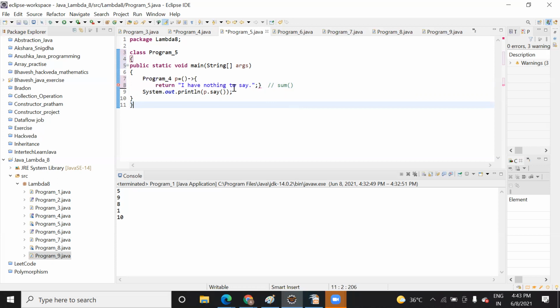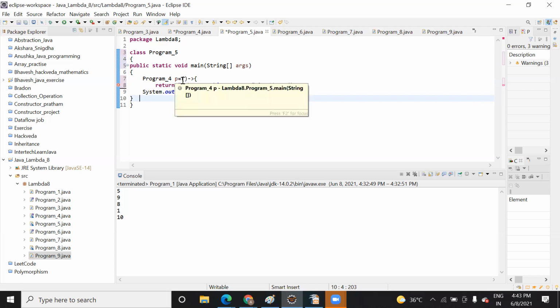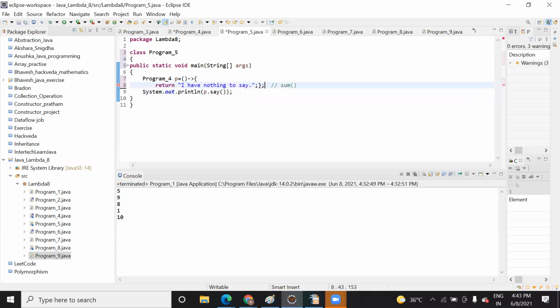It means in order to complete this lambda expression, the expression body is this only, but in order to write it you need to write the complete thing. This p variable, this anonymous function, you assign to some variable like p or an argument, and that will be called. So here you need to add a terminate. That's why I've added it. If you want to simplify it, you can press enter and simplify it. But as per the expression, I kept it as it is so that you can understand. You can write it like this whenever you follow it.